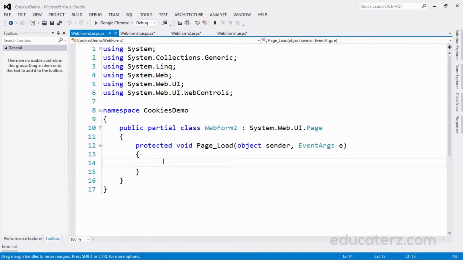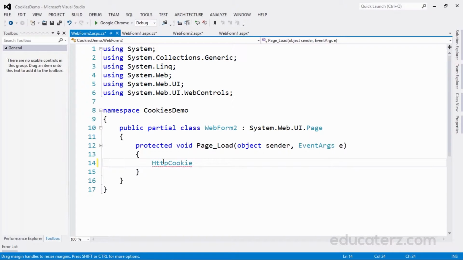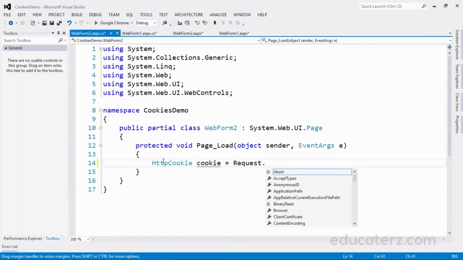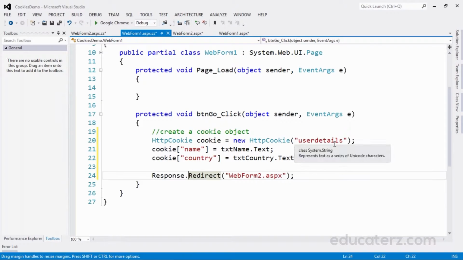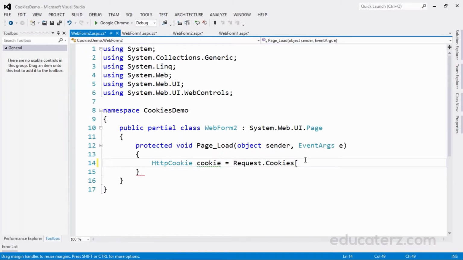Now, how do we retrieve the values? There we have set the values. Now, to retrieve the values, again we need to create an HttpCookie object. Cookie equals Request.Cookies of, see here we have two things, string name and string index. What we have given in WebForm1.aspx, we have given user details. Please make sure that there are no spelling mistakes.